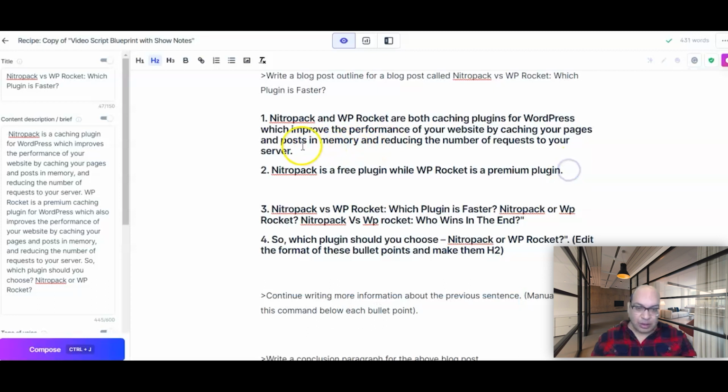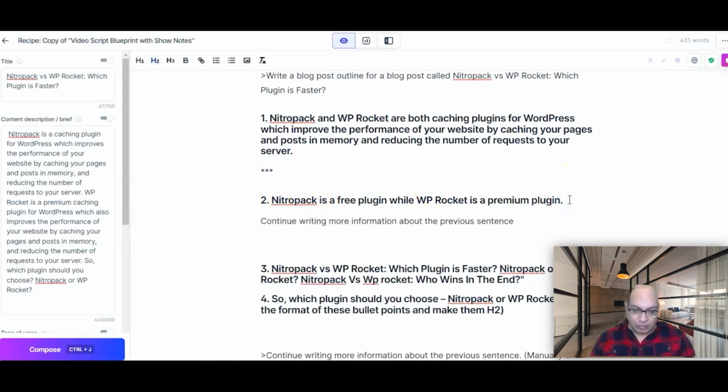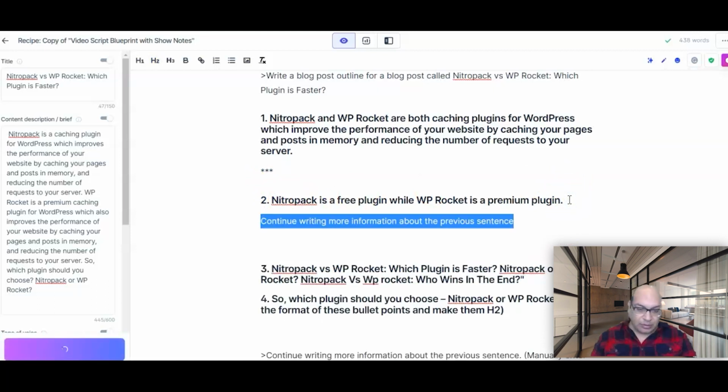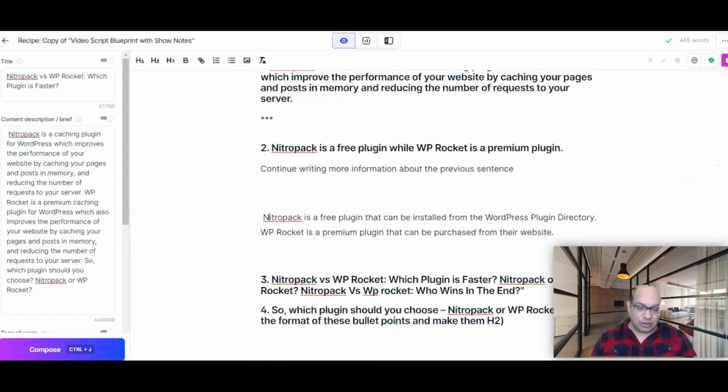Right here, there's a command, three stars. What it does is let Jasper look at what's written at the top, right? We do that, and then you can keep on going with that.